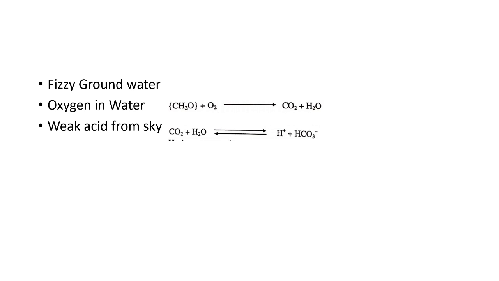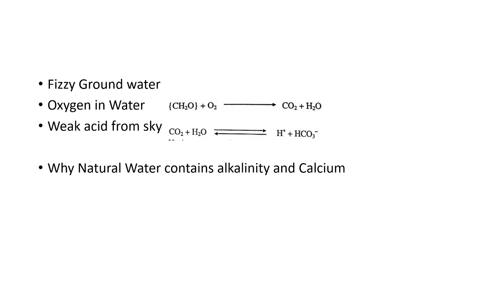In the last lecture, we stopped at this point, that is weak acid from sky, and we have learned that the pH of the rainwater is decreased to the acidic side because of dissolution of carbon dioxide. Now the next point is why natural water contains